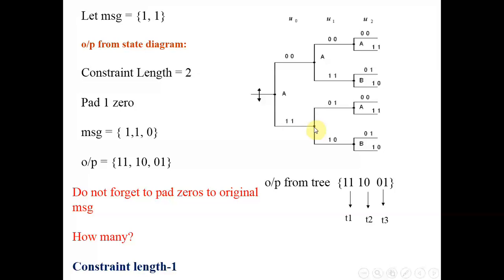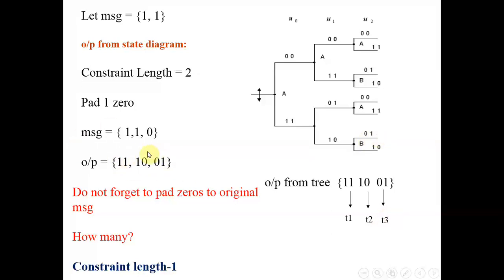Now you are already at this point and you receive the next bit. Your next bit is 1. So again the lower branch. So your output is 1 0. Now you come here and the last bit is 0. So 0 means upward branch, upper branch. So your output is 0 1, and that is the end of the message. So you got the output 1 1 1 0 and 0 1, which matches with this particular output.